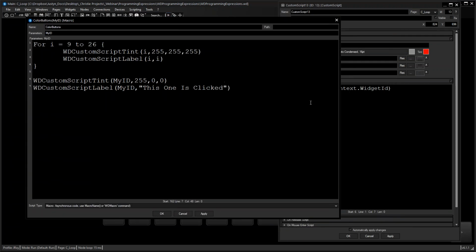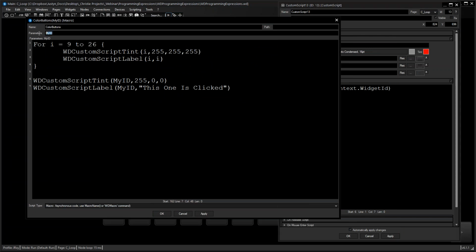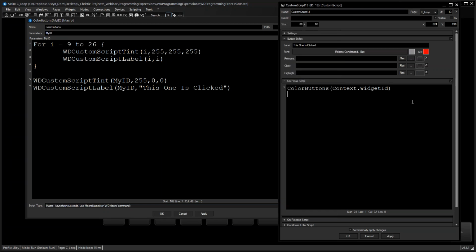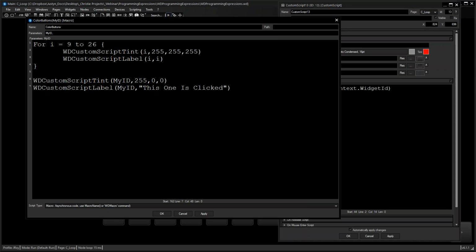And the parameter that I've passed to this macro, I've told the macro to expect it in this line here. So we're expecting my ID. So if I type in this macro again, color buttons, and in brackets, it's looking for parameters. So this is, in this case, my ID. If I separate this by commas and say, hello, doesn't really matter, and then apply,